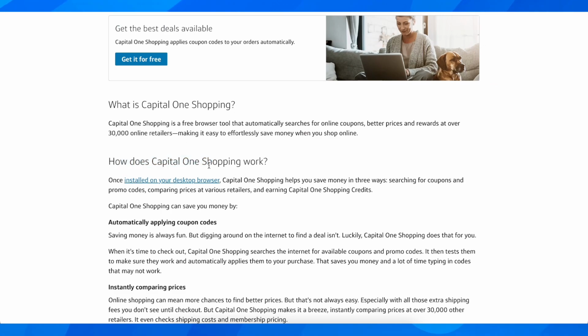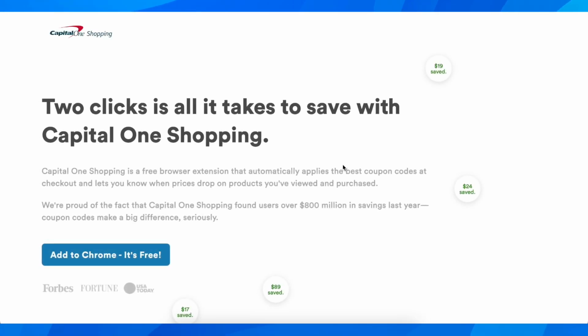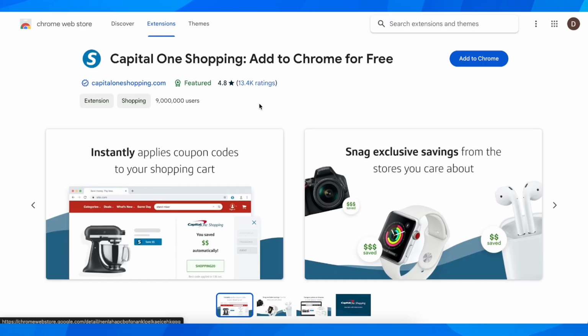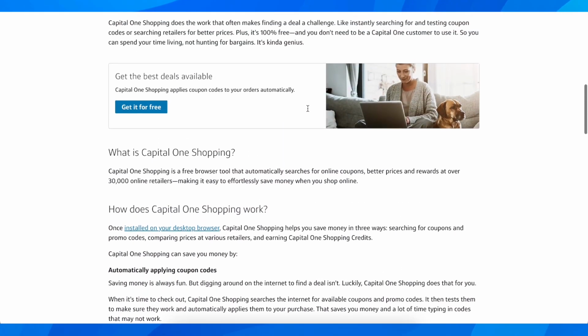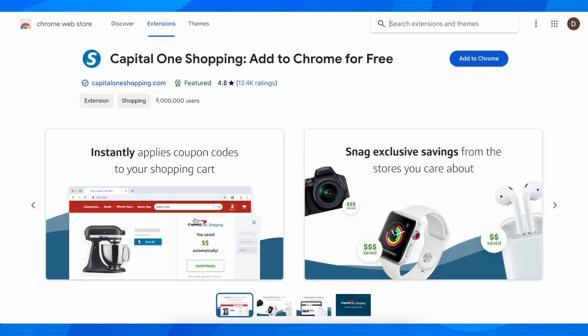So basically you're going to have to install a Chrome extension. As you can see, all you need to do is add the extension to your desktop browser. If I click on it, I can simply click on Add to Chrome, and then I'm going to get redirected here where I can simply add this to my browser. And basically when you go to, let's say, Amazon or another online retailer, you're going to have this extension that